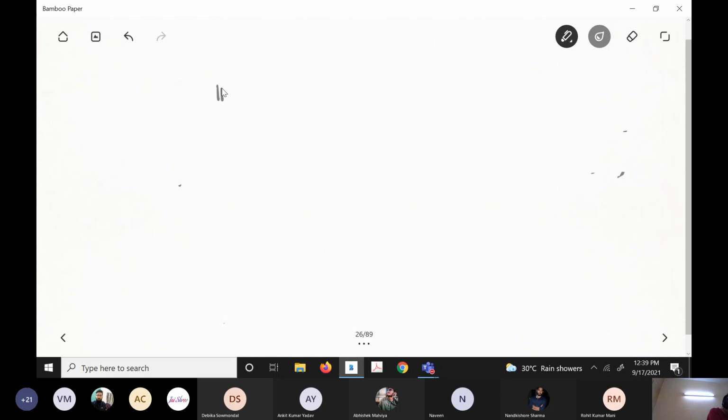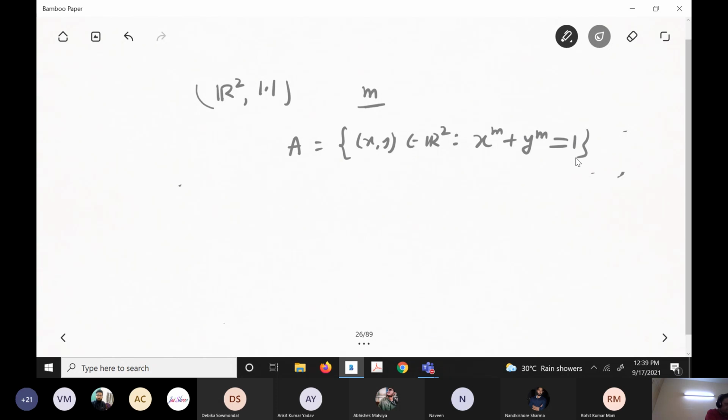Now look here. We are looking at the plane. That means on the top of your laptop, or on your mobile, whatever you like. I said you take an integer n, a positive natural number, and take A equal to those (x,y) in R square, in the plane, such that